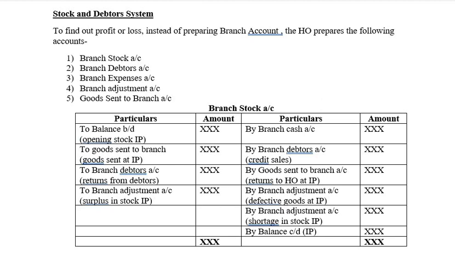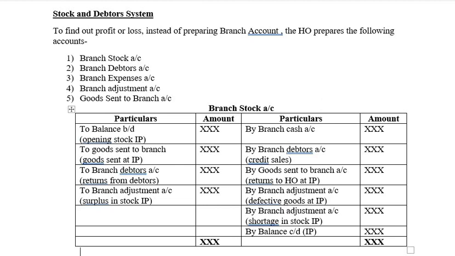This is the specimen of branch stock account. To the debit side, you have to balance brought down, that is opening stock at IP. To goods sent to branch, goods sent at IP. To branch debtors account, returns from debtors. To branch adjustment account, surplus in stock at IP. Coming to the credit side, by branch cash account, by branch debtors account, in this credit sales,